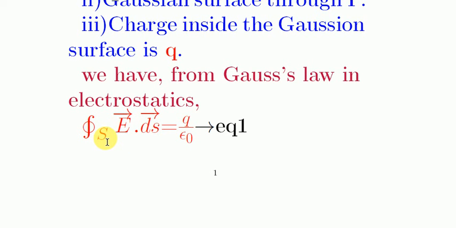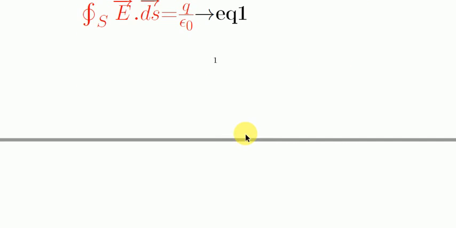Here S denotes the Gaussian surface which encloses the charge Q. So the total flux through this Gaussian surface is Q by epsilon 0, and this is Gauss's law in electrostatics. So